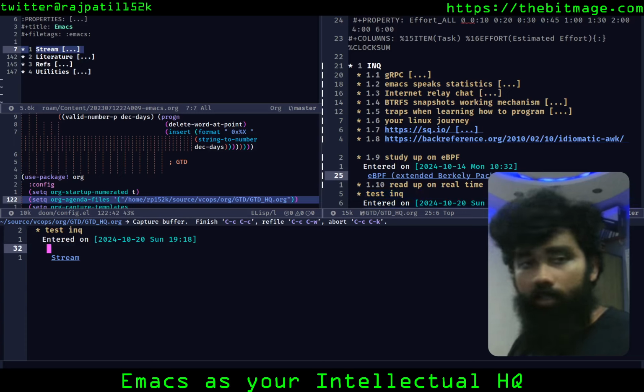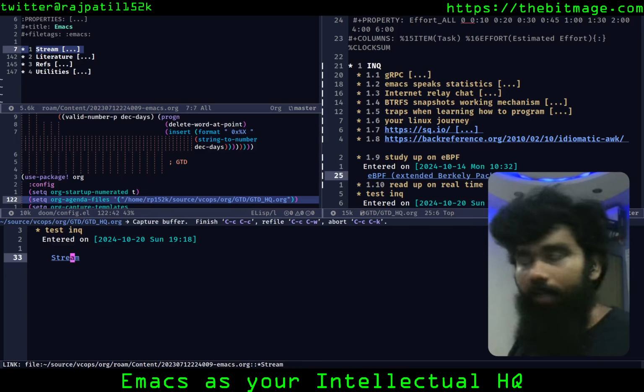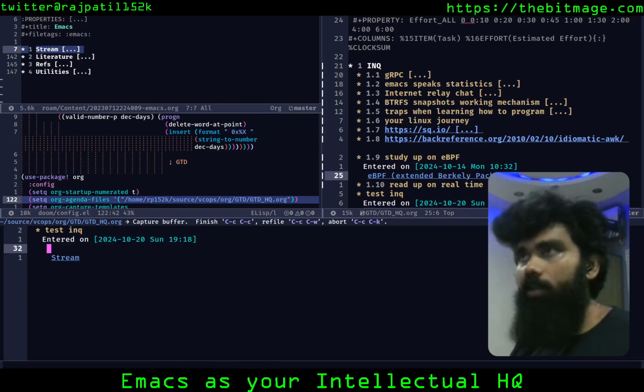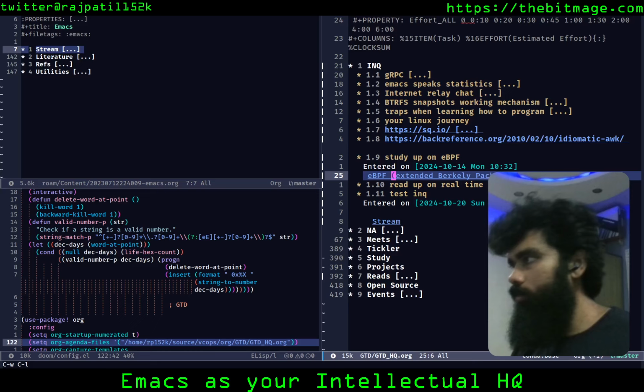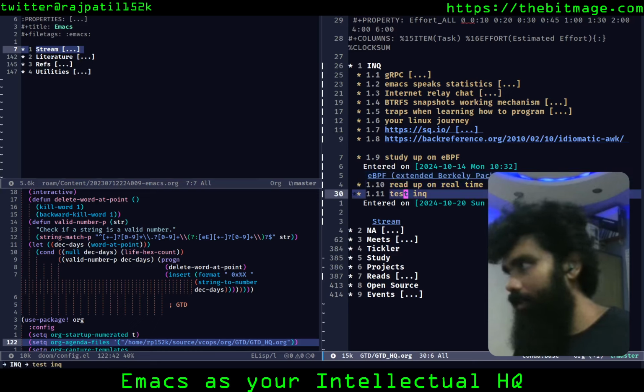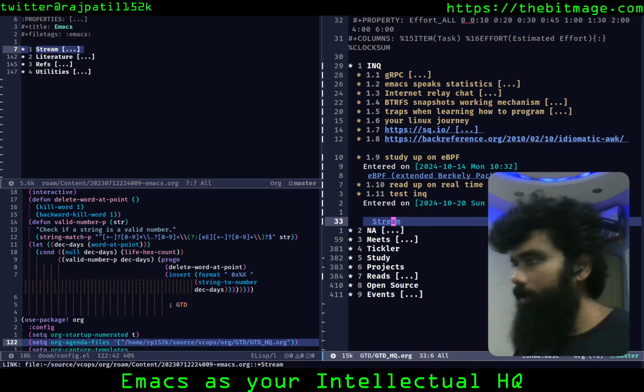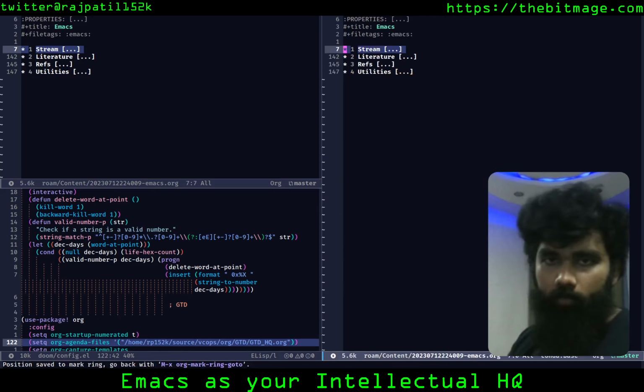And it has also inserted a link by itself, that store link. That store link is the particular location I'm at in any file right now. And it's not just for Org-roam, it's any file. I'm just showing you an Org-roam example because that's how I use it exactly. So if I hit Control C, it's going to be captured in my inbox. So there should be a test inbox right now here. And if I hit enter on this particular link, it's going to take me to that file.